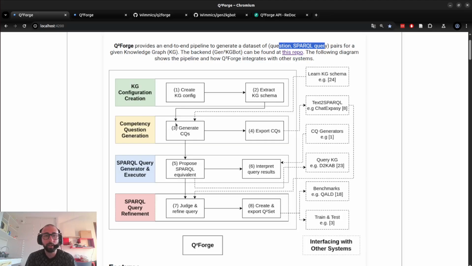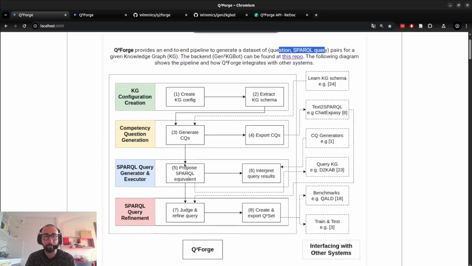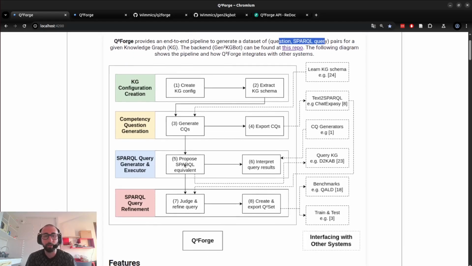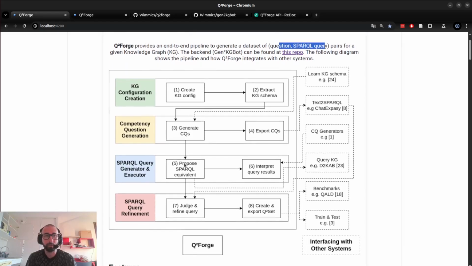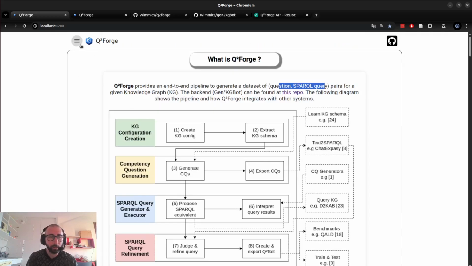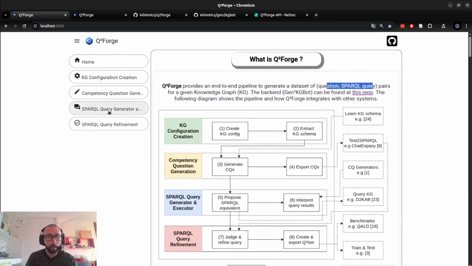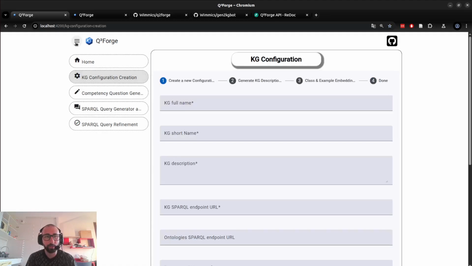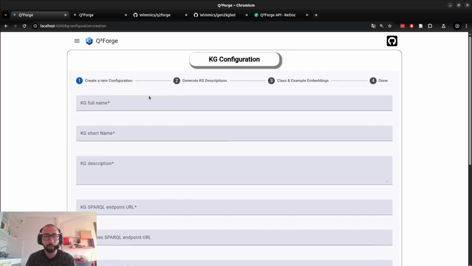So this is the main and global idea of Q²Forge. Now we will see each part. Here you can navigate to different parts. So we can start with KG configuration and creation. So click here. Here we need to give information about